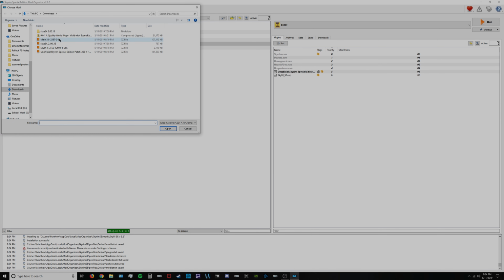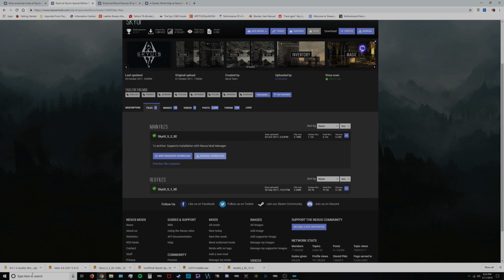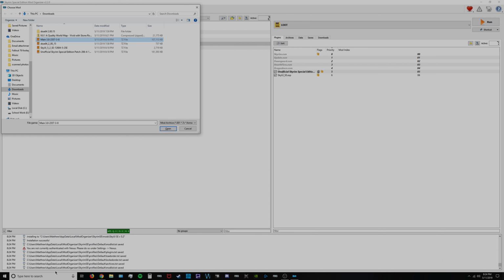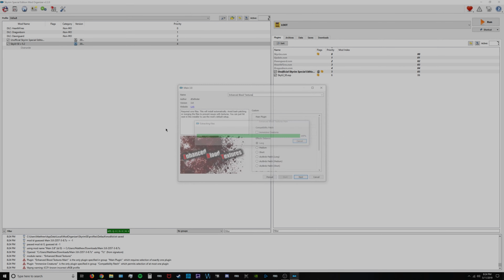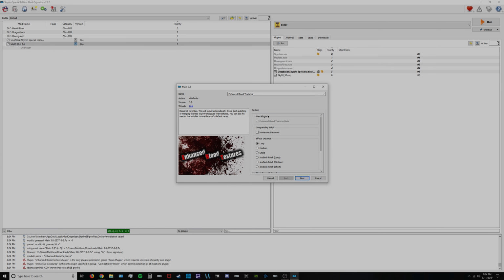And then, now this main, that's another thing to watch out for in your downloads folder. Pay attention to what it actually downloaded as, because it's not always cleanly labeled. For example, this main is enhanced blood textures, but they called it main. But it shows up here in the installer